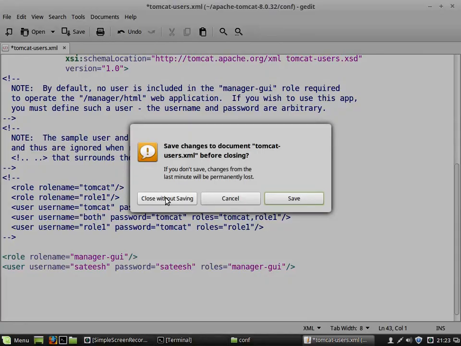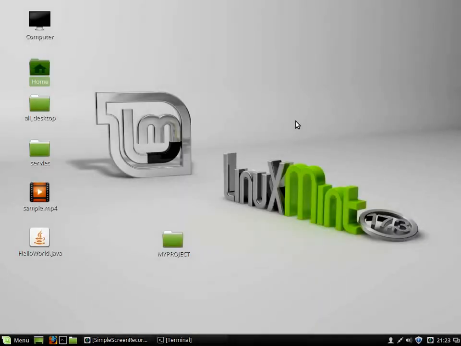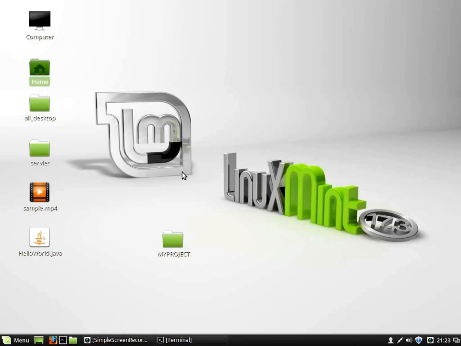In case of Windows, you need not worry during installation, because anyhow you will get an .exe file. During installation itself, you can provide your username and password. And in case you have downloaded the zip file, then you need to set the username and password the way I have told you just now. So this is how things happen in Apache Tomcat. Not only servlets, in case of JSP also the same procedure has to be done. Anyways, thanks for watching this video.